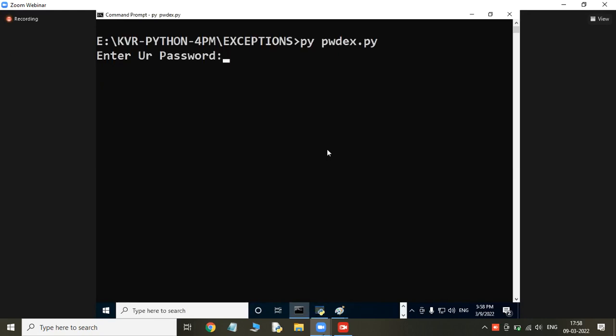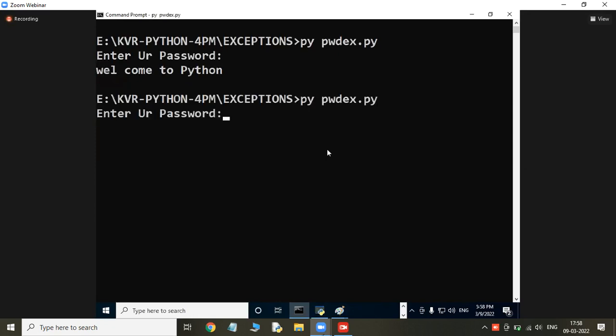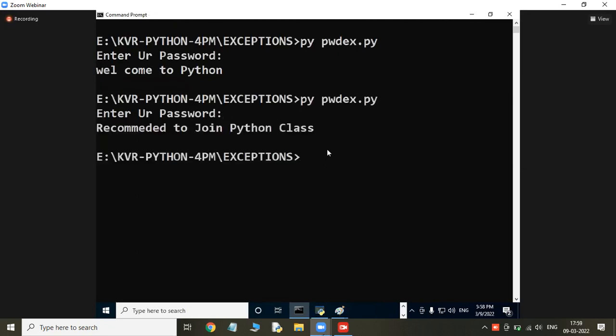I typed KVR, but online students cannot see this. Nothing is displayed, because in some password modules, even if I type, nothing moves. Now it is going to give welcome. Enter password, I am typing Python. The cursor is not moving. High security password. Recommended to join Python class. What a beautiful coding this is.